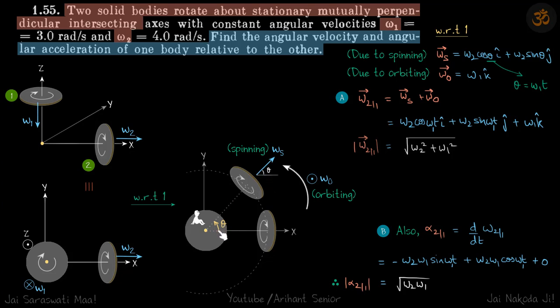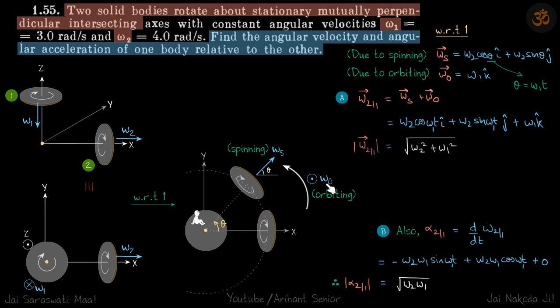Let's say after some time it has turned by an angle theta with respect to the observer. So this omega s also will make an angle theta with the horizontal. Before we get into the calculation part, make sure you understand what's happening in these three figures, how we have drawn each of them, and also the direction of omega o. That is opposite to that of omega 1, and it's going to be the same in magnitude, because if you are stopping this, it's going to rotate with the same angular velocity. So omega 1 in magnitude is the same as omega o.